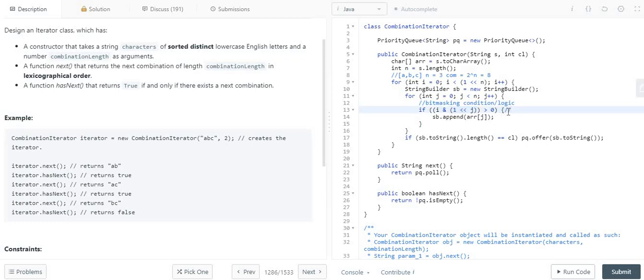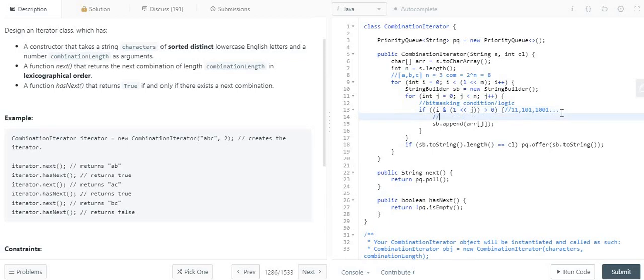So it would be like 1 1, then 1 0 1, or something like 1 0 0 1. This kind of combination it would form, and based on that it will return whether this particular bit is 0 or not. Based on that we are going to append to the result set over here.